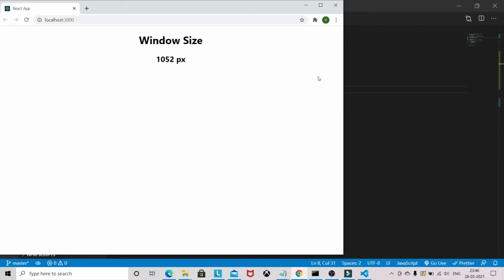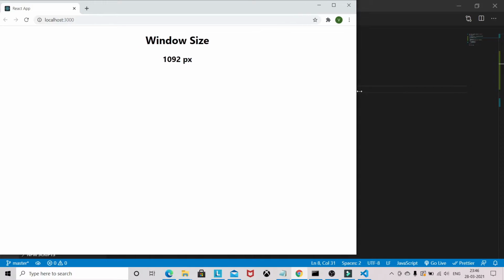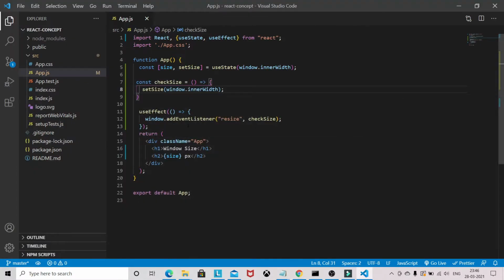Now you can see, first reload the page. I will reload. Okay, now change. So here what is happening, whenever I do a resizing, useEffect basically re-renders the component.